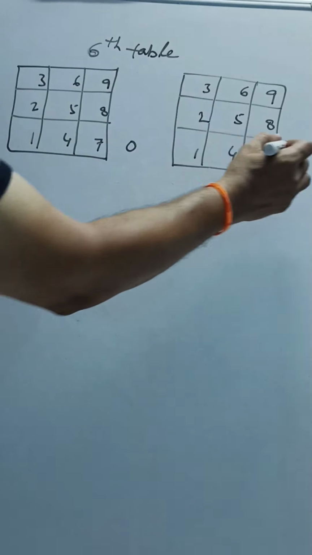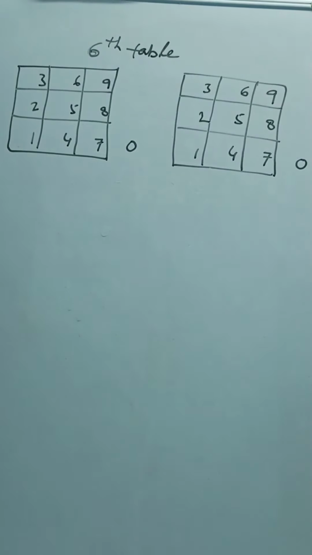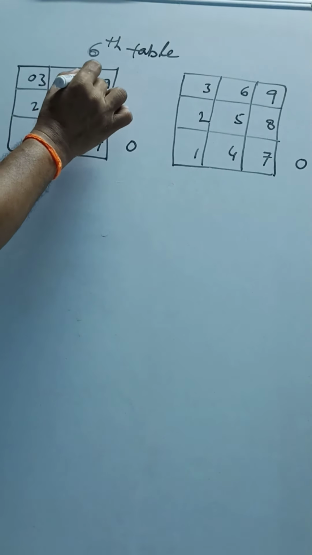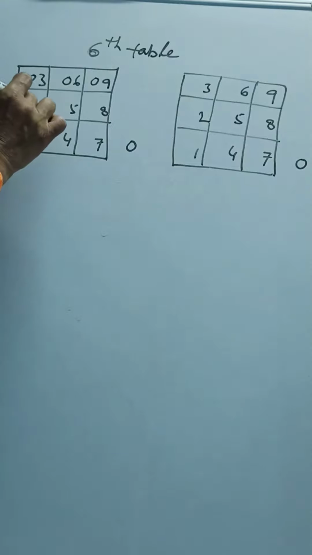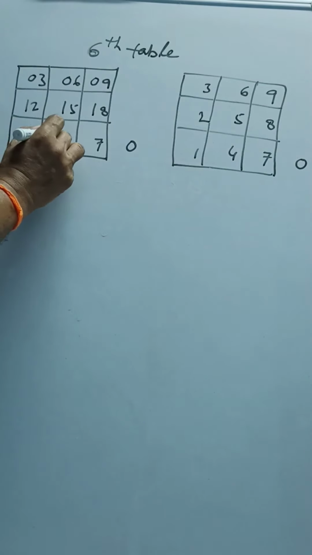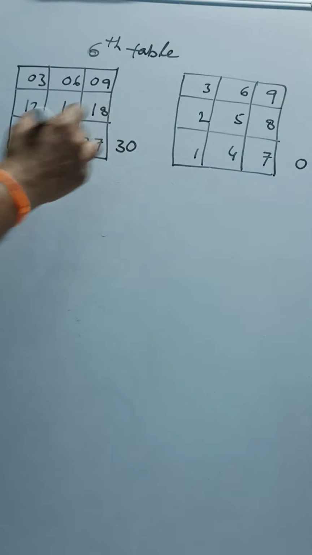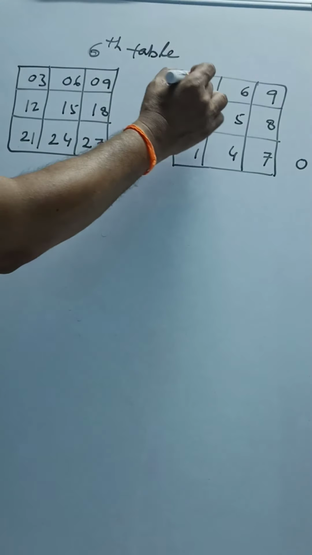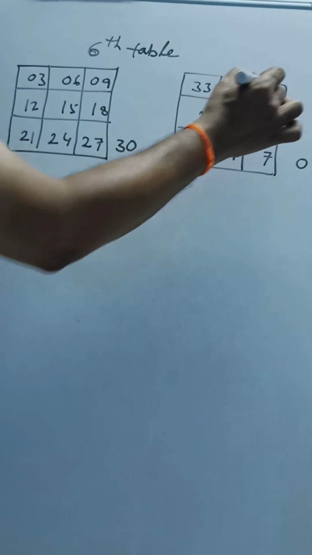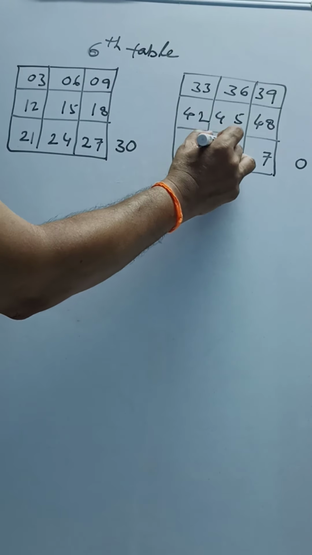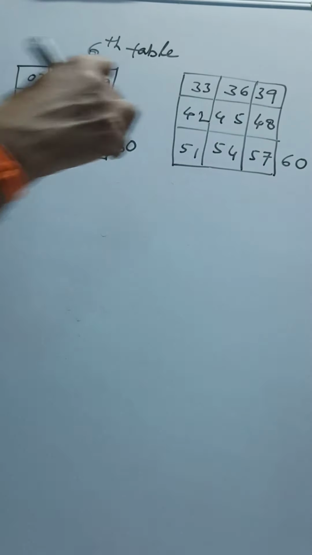Here one more 0 we will add. Now to complete the third table, the first row tens places are filled with 0, 0, 0. The second row tens places are filled with 1. Third row are filled with 2, 2 and fill 3 here. And then coming to the second one, the first row is continued with 3, 3, 3. Next row is filled with 4, 4, 4. Next is filled with 5, 5, 5 and last 6.